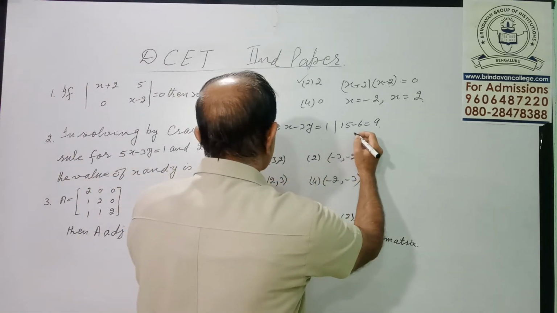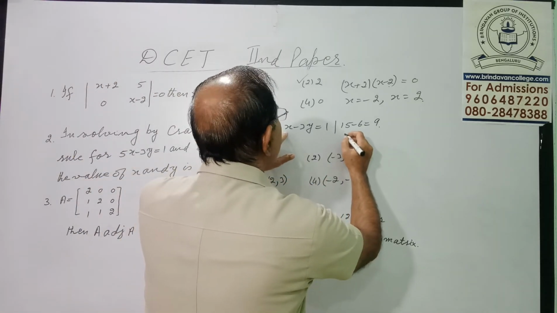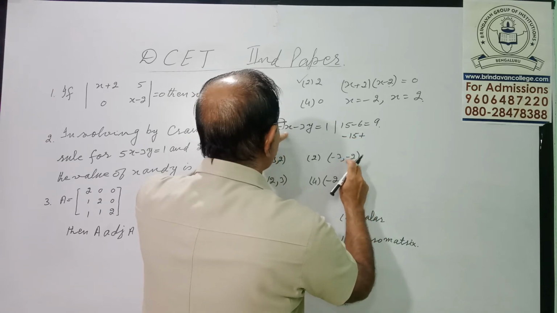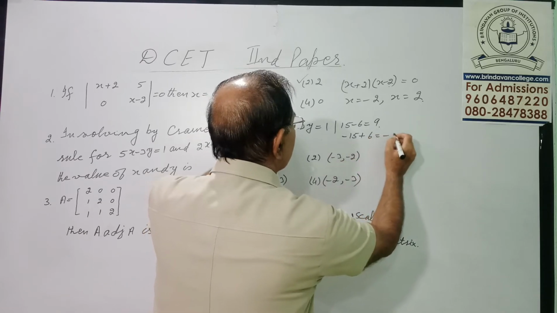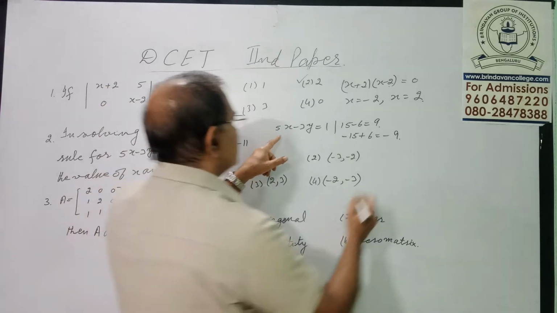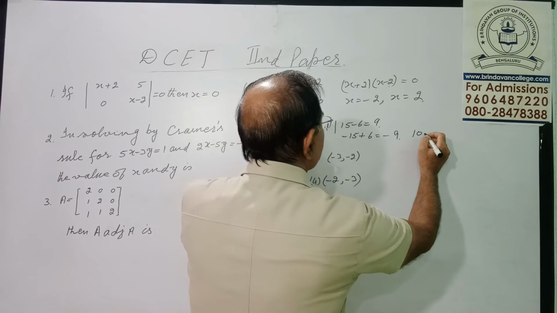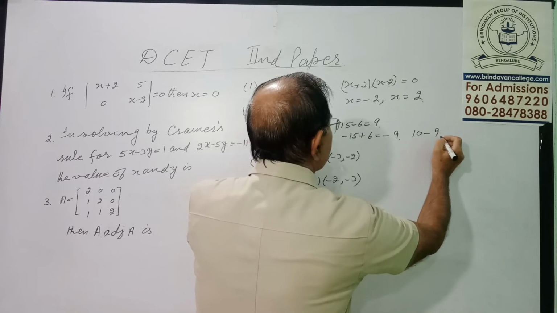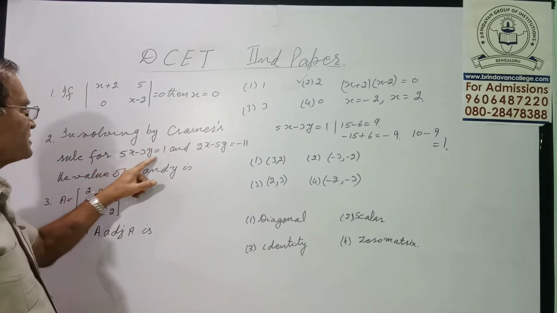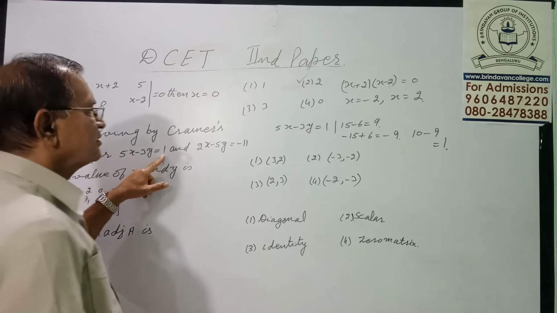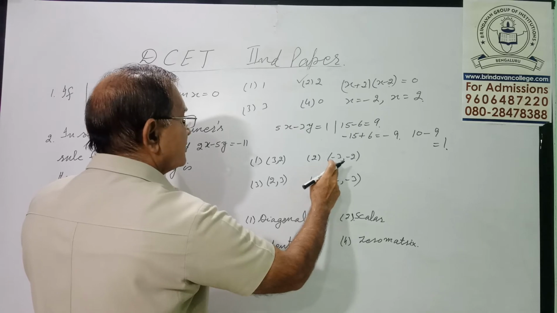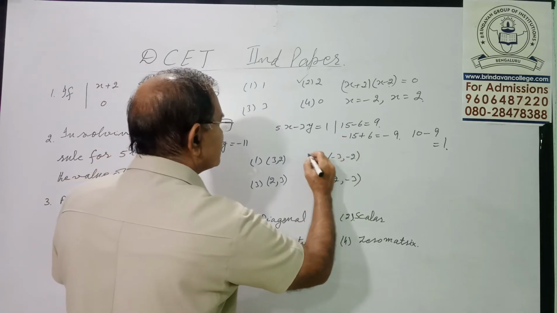Then put minus 3, minus 2. When we put minus 3, we will get minus 15 and plus 6. It will come out to be minus 9. Then go for the third. Third is 2, 3. 5 2s are 10, minus 3 3s are 9, that is 1. And this is what we want. 5x minus 3y, we want it to be 1. So it comes out to be 1 when we put the values 3 and 2. So our answer is 2.